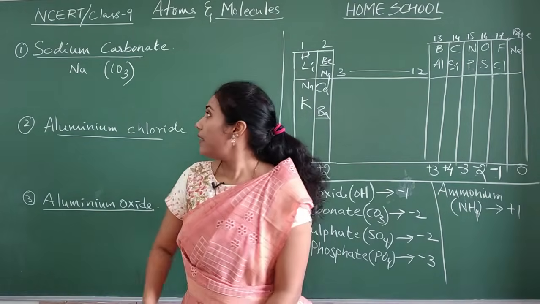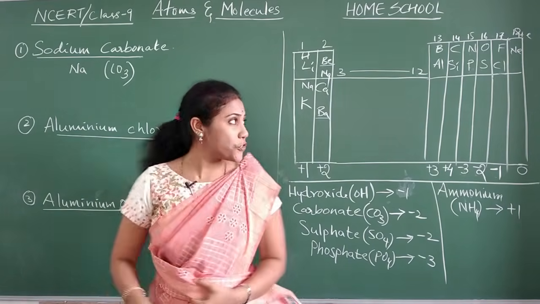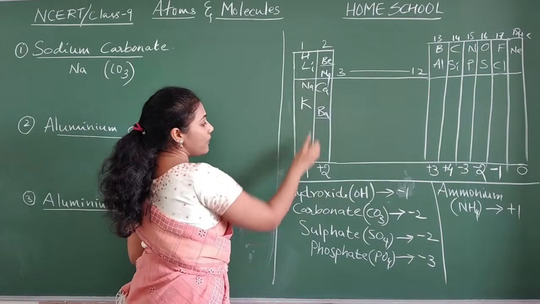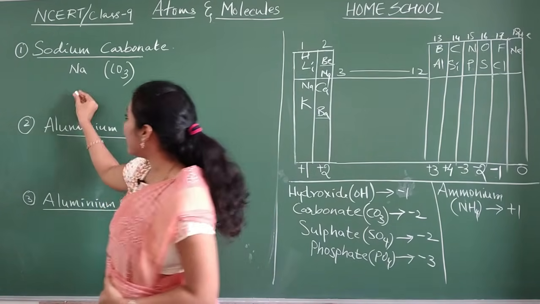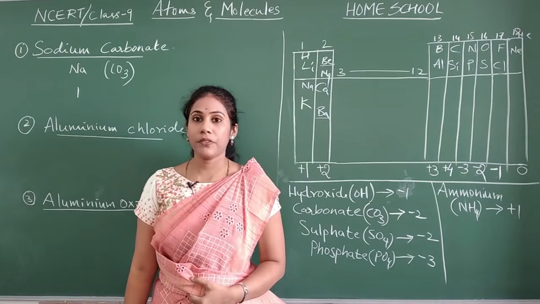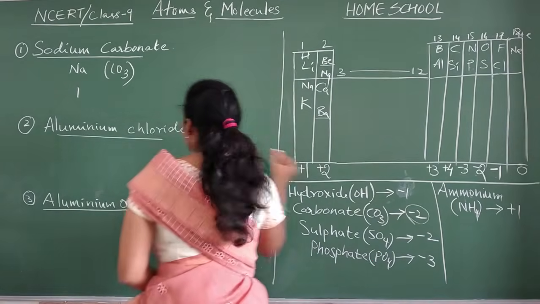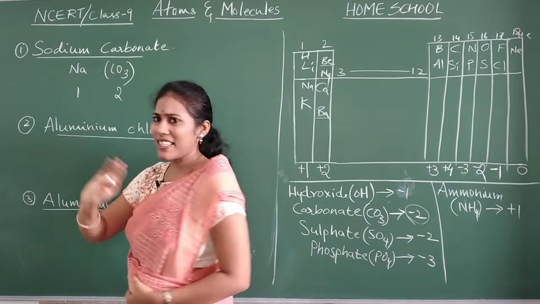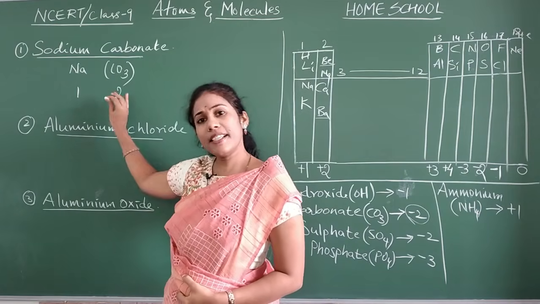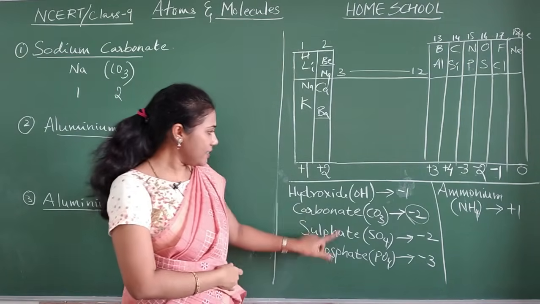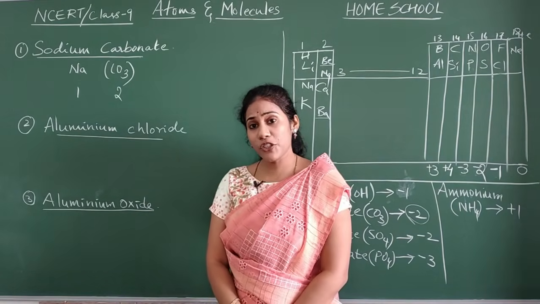Okay. Fine. Now next step is you will mention their valencies. What is the valency of sodium? Sodium comes in group 1. What is its valency? +1. I told you not to consider a digit here, just consider only 1. Okay. And what is the valency of carbonate, guys? -2, isn't it? Just 2. Minus and all, don't consider. Sign you don't consider. Okay. Just a digit you take. Carbonate valency -2. So just 2 I have taken. Next what I should do?